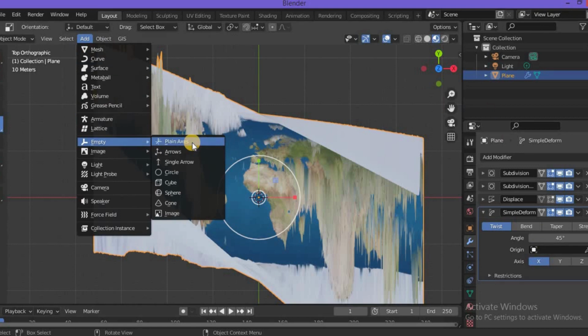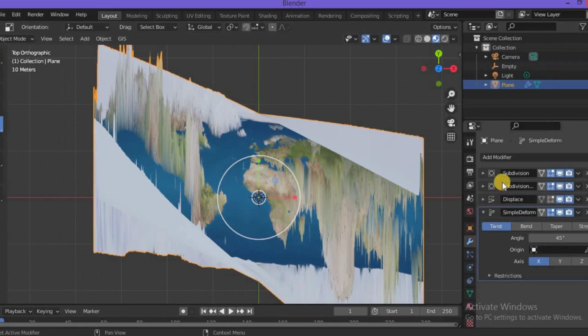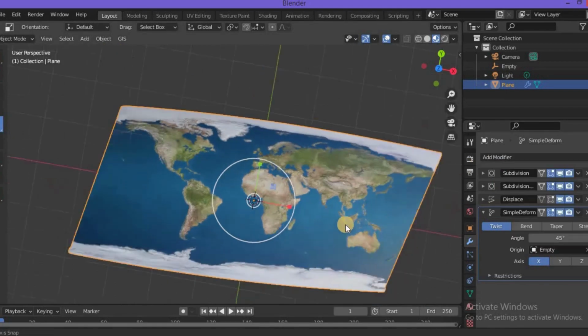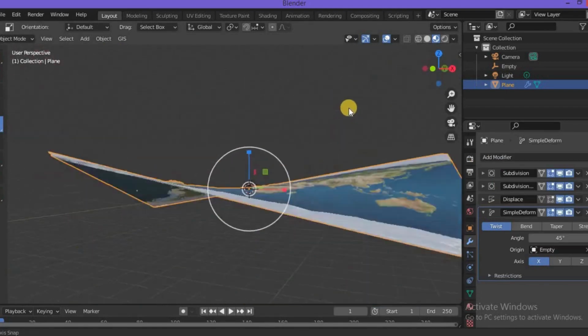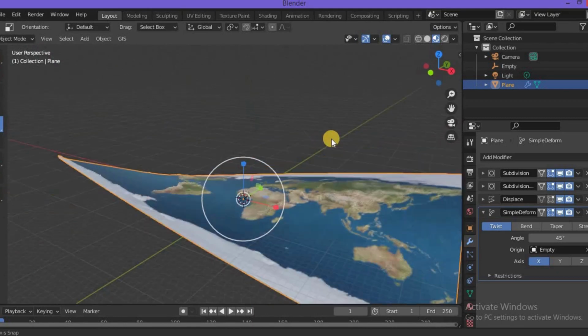So this time you can see in the scene collection there is an empty axis that is there. Again select your plane and go to the modifiers and define the origin as empty. So you can see it has brought back, but it's not that much into the shape.